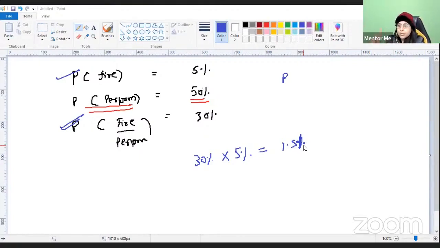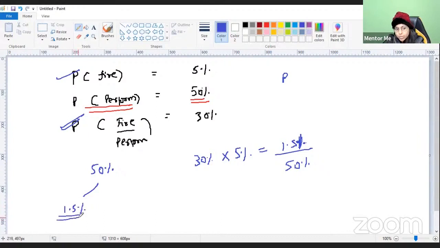ठीक है. अभी क्वेश्चन क्या पूछ रहा है? What is the probability that a CEO will be fired given good performance? अभी हमने ये क्या कैलकुलेट किया है? गुड परफॉर्मेंस था एंड फायरिंग था, कंबाइंड कैलकुलेट किया है. अभी अगर हम इसको टोटल प्रोबेबिलिटी ऑफ गुड परफॉर्मेंस से डिवाइड कर दे, टोटल प्रोबेबिलिटी ऑफ गुड परफॉर्मेंस क्या है? 50%. यानी टोटल पूल क्या है? 50% है, जिसमें से आउट ऑफ दिस 50% परफॉर्मिंग गुड,